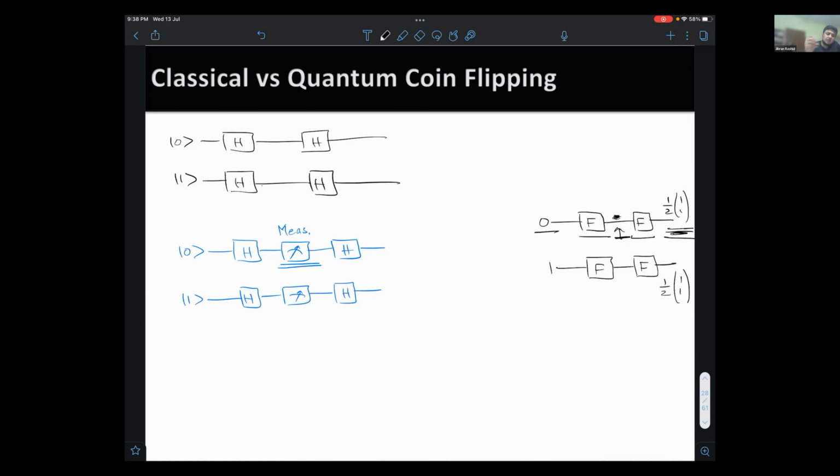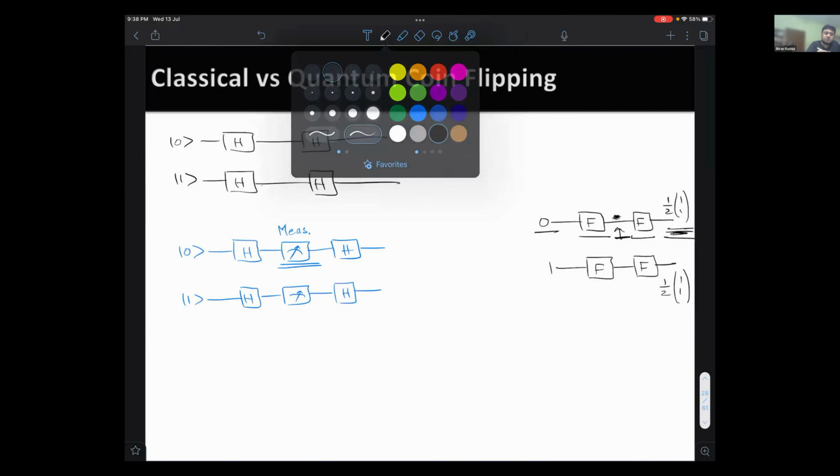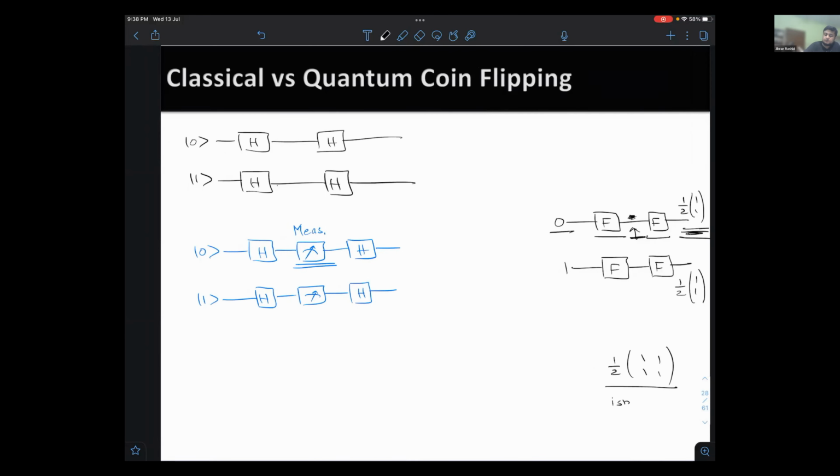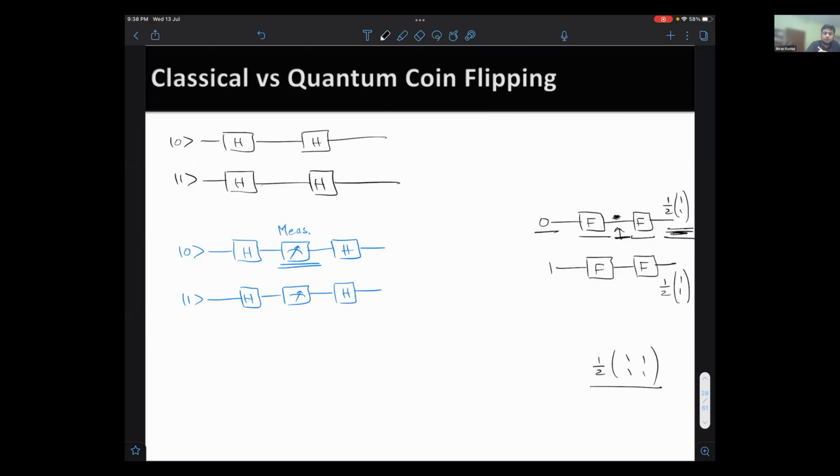Now, if I take the standard quantum version of this experiment, where Hadamard represents my quantum coin flip, you can verify that this half 1, 1, 1, 1 is not a valid quantum operation, right? So the coin flip for the quantum case will be represented by H. And if I apply H, as we verified in the previous slide, what I'll get over here is the plus state, and what I'll get over here is the minus state. The nice thing that we know about H, the Hadamard operator, is that it's self-inverse. You can verify that the inverse of the H matrix is H itself. And so that tells you